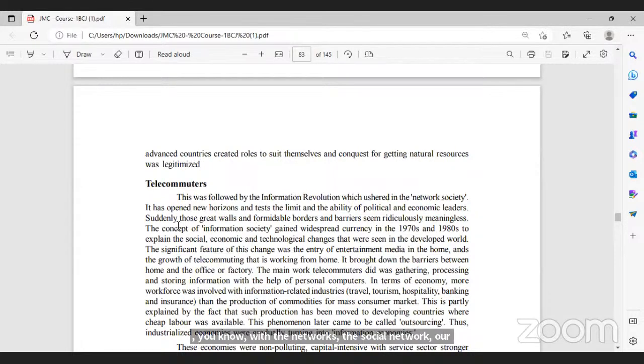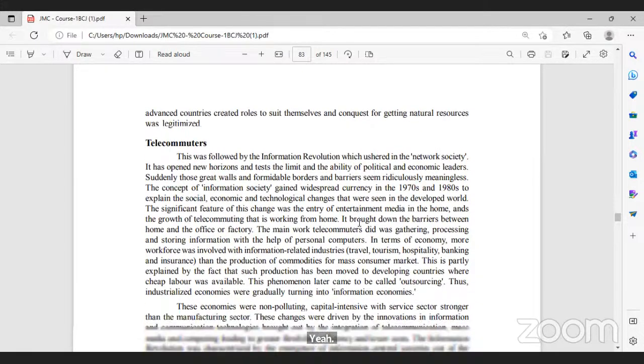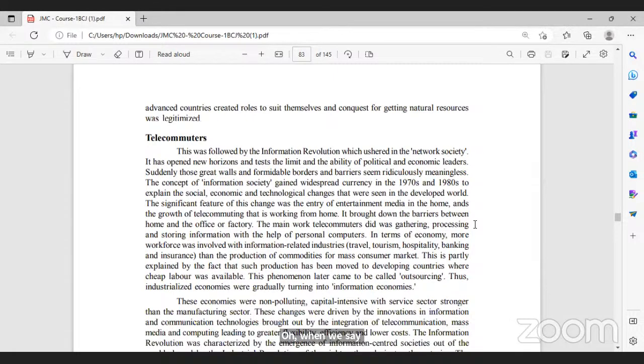Now we have become telecommunicators. That means we are using different modes of communication instantaneously to reach the people, in terms of political and economic leaders also. So when we say the information society, what is the information society? It is something where we are trying to take the help of technology and also understand the social and economic backgrounds of a developed world, and also understand how they are working and how the media is also playing an important role